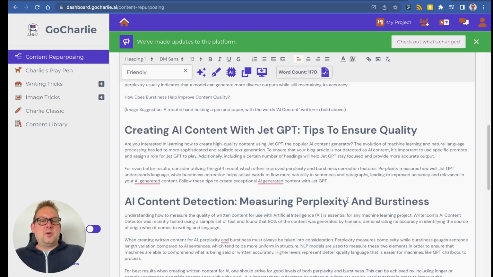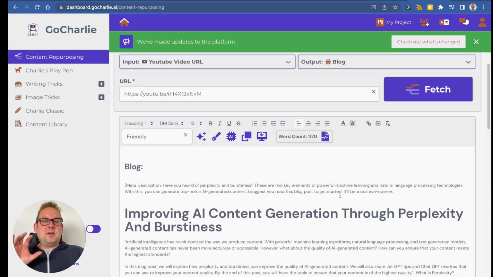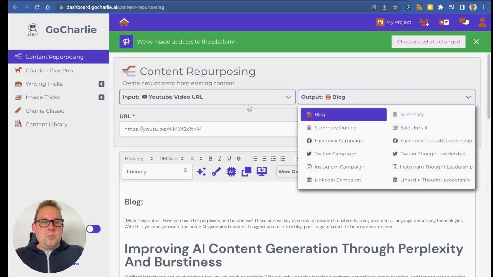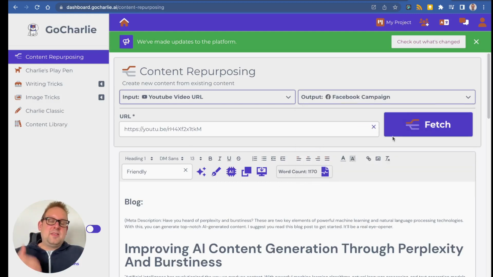But this will allow you to generate content on the fly. And again, you will be able to change the output. Let's say I want a Facebook campaign, then you will get several different kinds of posts about the topic inside of your video. Another cool thing about GoCharlie is you will be able to use it as multilingual,